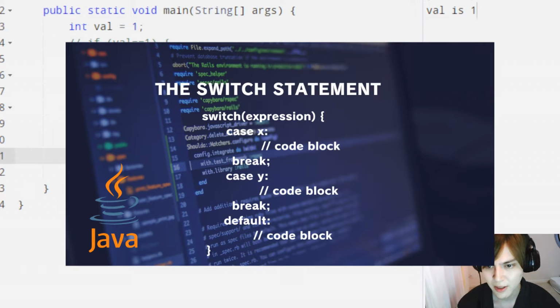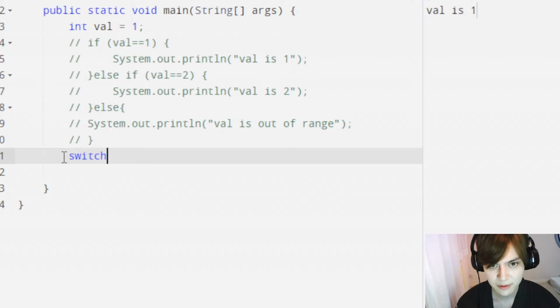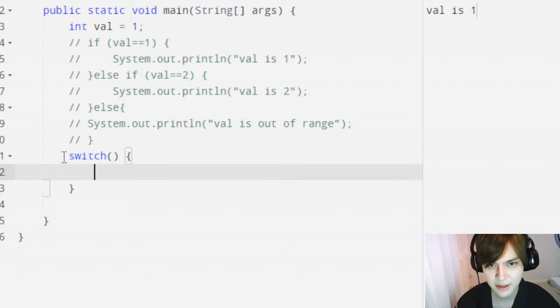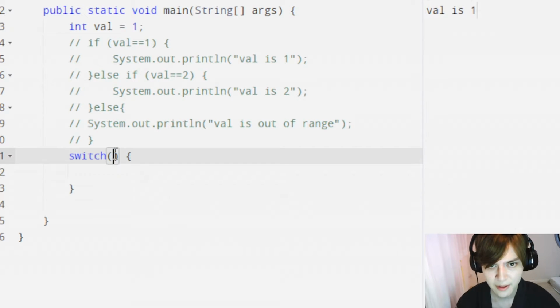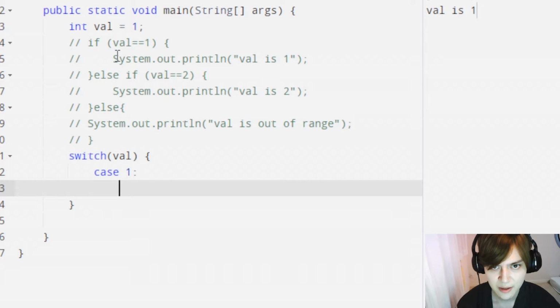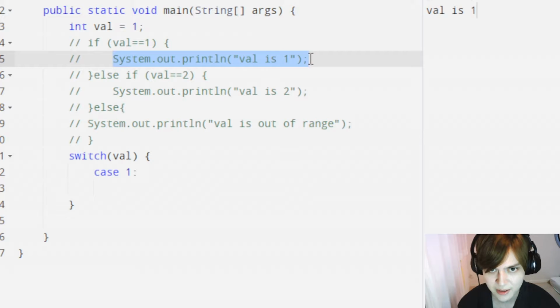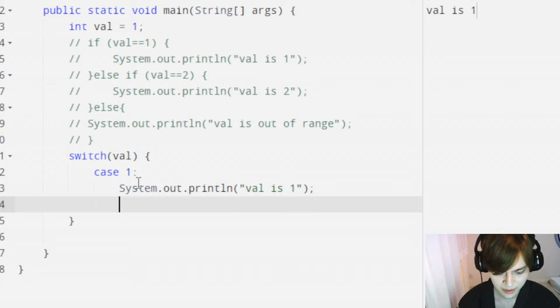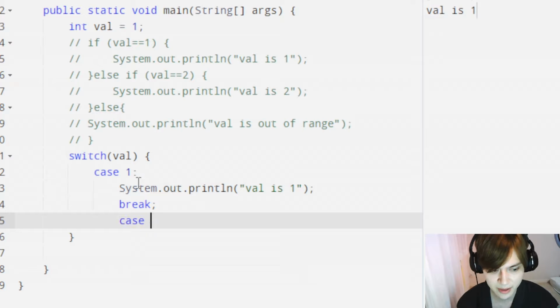Okay, so let's start writing the code. First, let's write the switch keyword, like this, and set the val, which is this one over here. Next, write case 1 like this, and copy and paste this print statement from the val equals 1 branch into here, and write the break keyword. Next we're going to write case 2